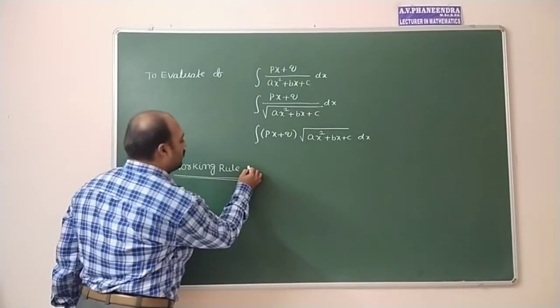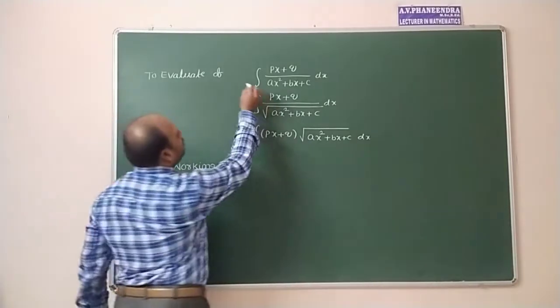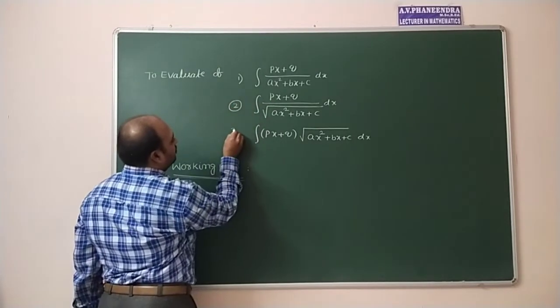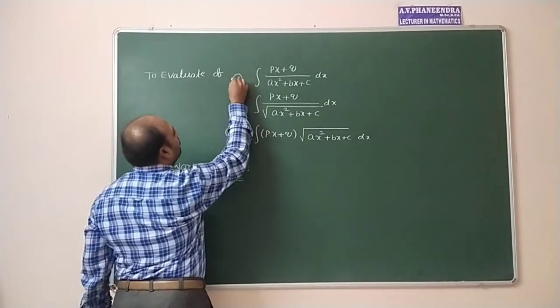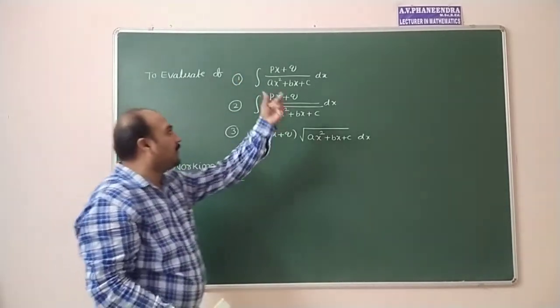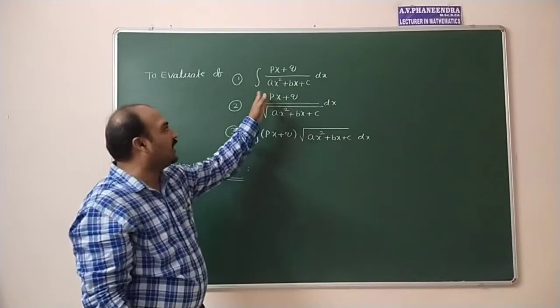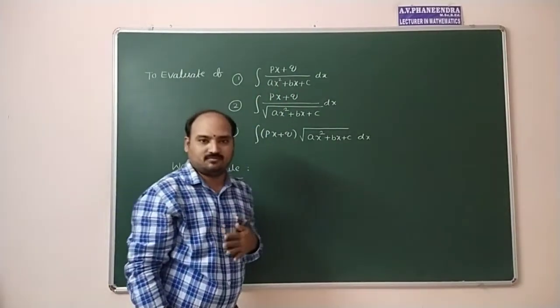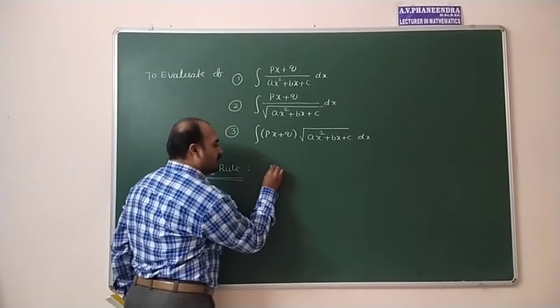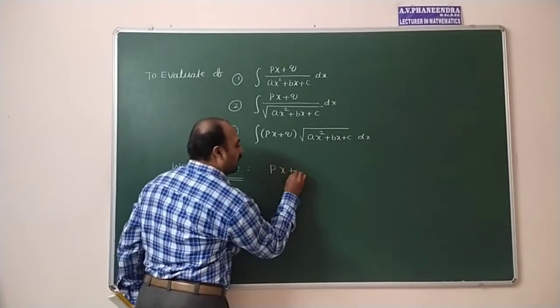In this, px plus q is a linear one and ax square plus bx plus c is a quadratic one. So first, the working rule is px plus q can be written as